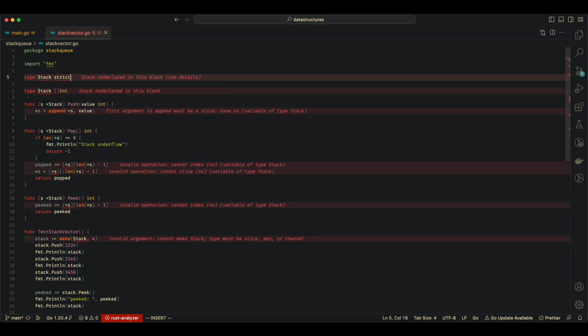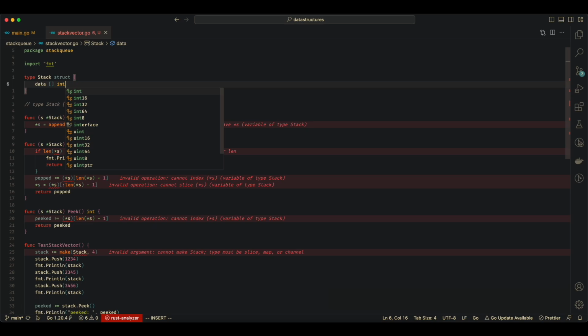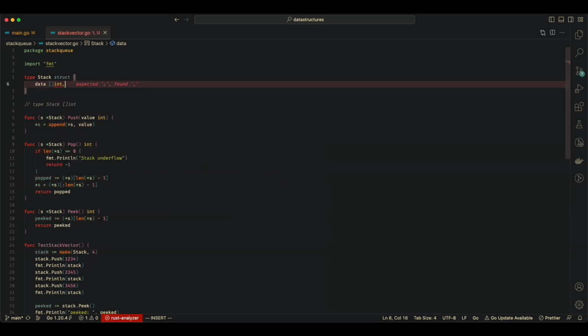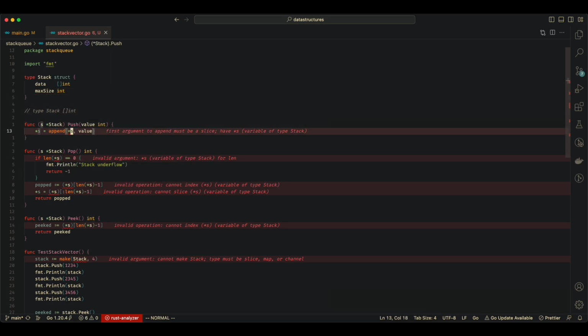So this would be our stack. You can comment this out real quick. There would be a data which would be an integer array, and we would have a max size which would just be an int, and we'll need to update all of our